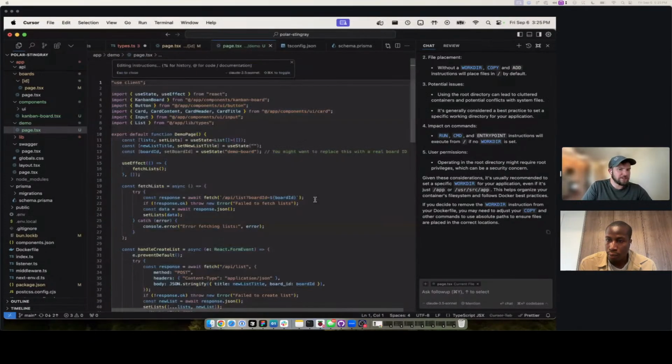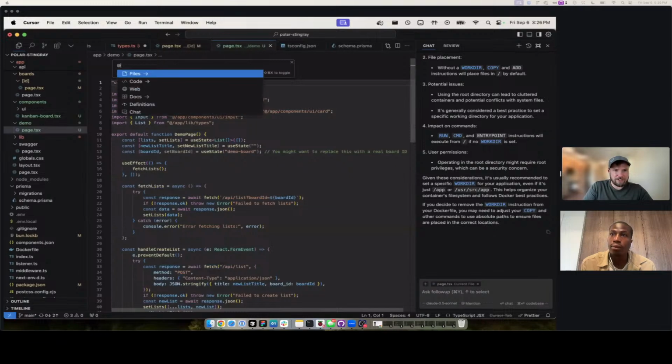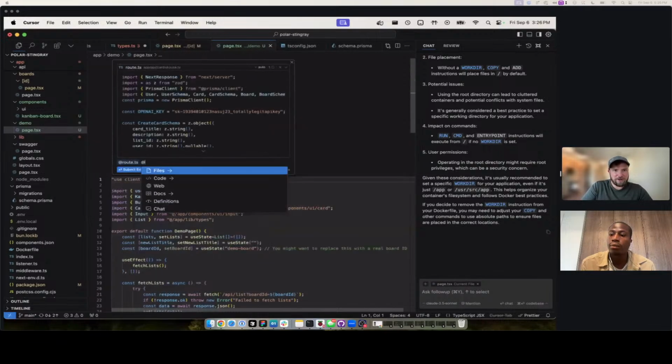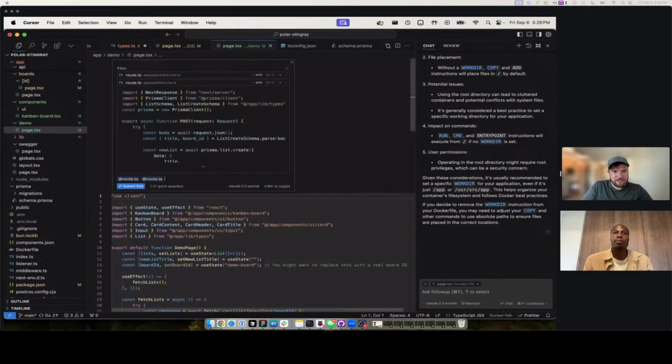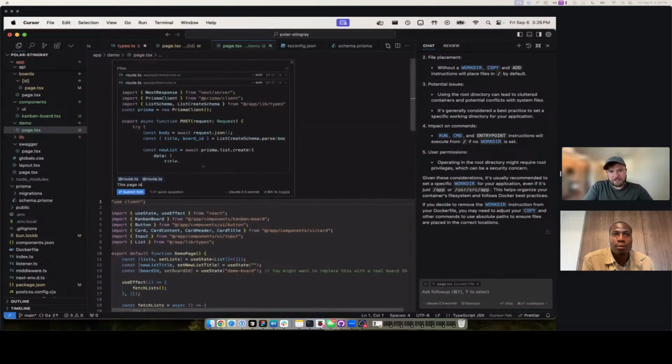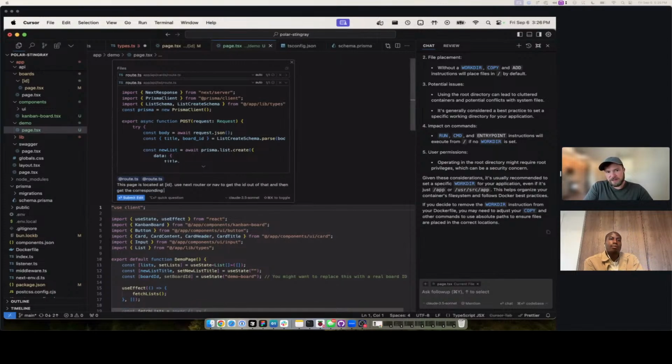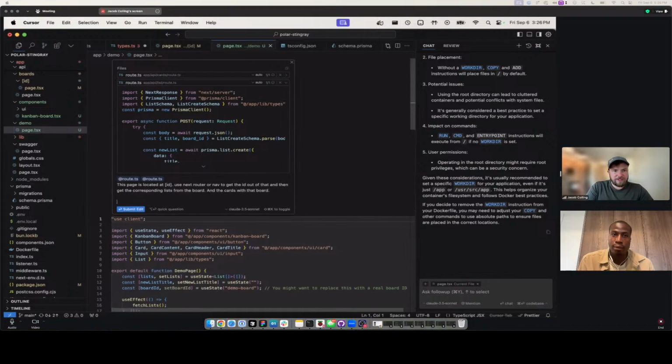So I would just highlight the whole thing. I do this a lot, especially if the file is smaller. And I would just start pulling in the routes that I know that I need. So I need the cards route and I need the lists route. And then I would say this page is located at ID, use Next, what is it? Next route, nav or whatever. And then get the corresponding lists from that board and the cards with that board. So this is a pretty typical workflow for me where, I'd call this like lazy mode editing almost, where I just select the whole file and I'm just going to try and dump content into it.